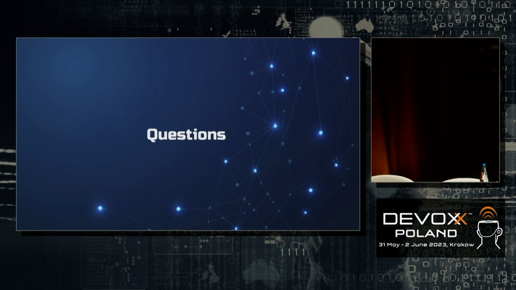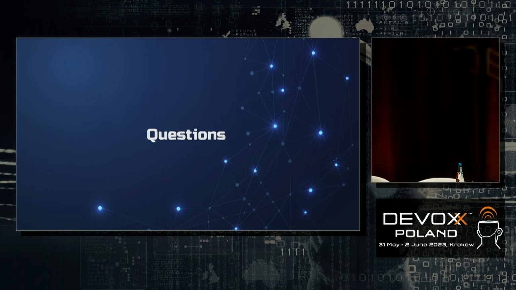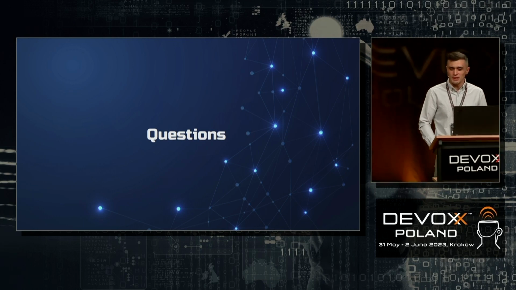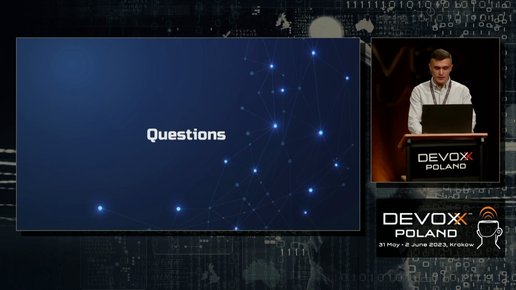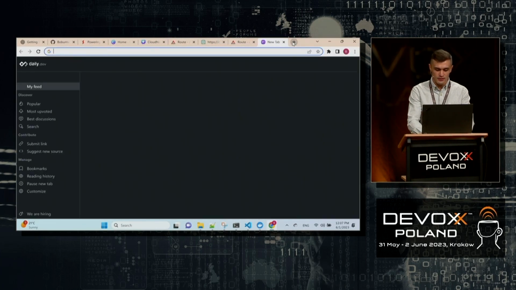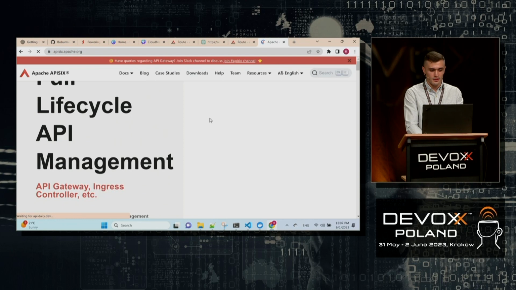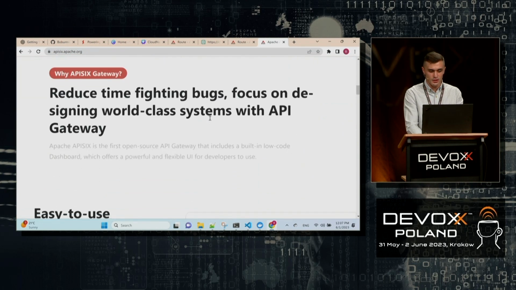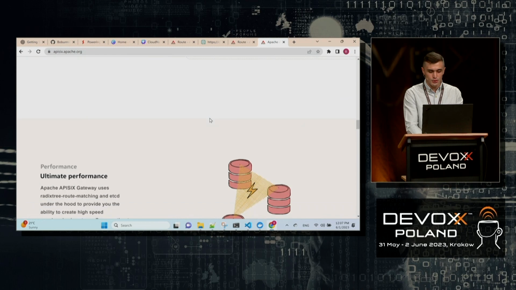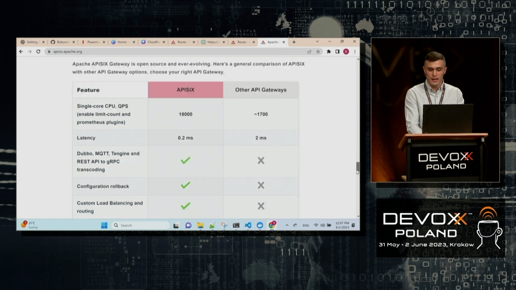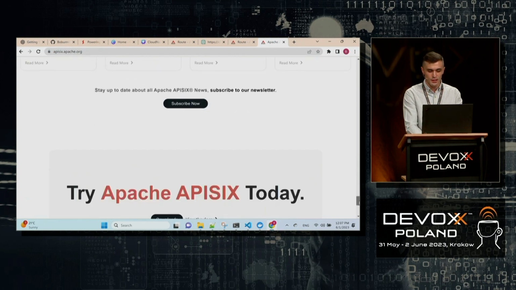Do you have some big names of companies that have trusted this solution and used it? Nice question. And the question is, who is using API 6? API 6 is used by many companies. I can even show you the website. I think somewhere it's mentioned on the website, our users. As far as I know, sometimes it's difficult to identify who is using your open source project, right? But